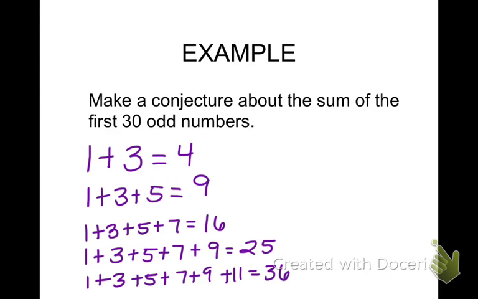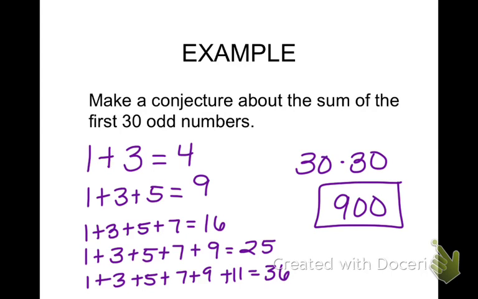So what's the pattern? What would we do to find the first 30? Multiply it by itself, or square it, right? So the sum of the first 30 odd would be 30 times 30, or 30 squared, which is 900. Good. Isn't that crazy how it works? Okay. So looking at patterns. Before we get to counterexamples on the back